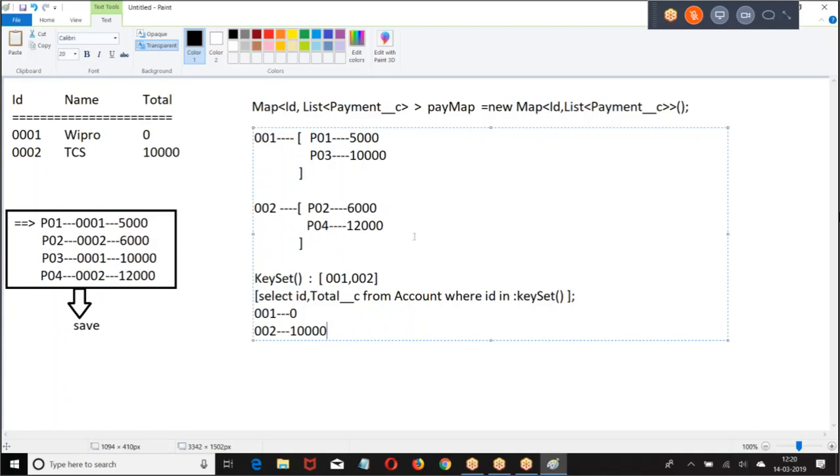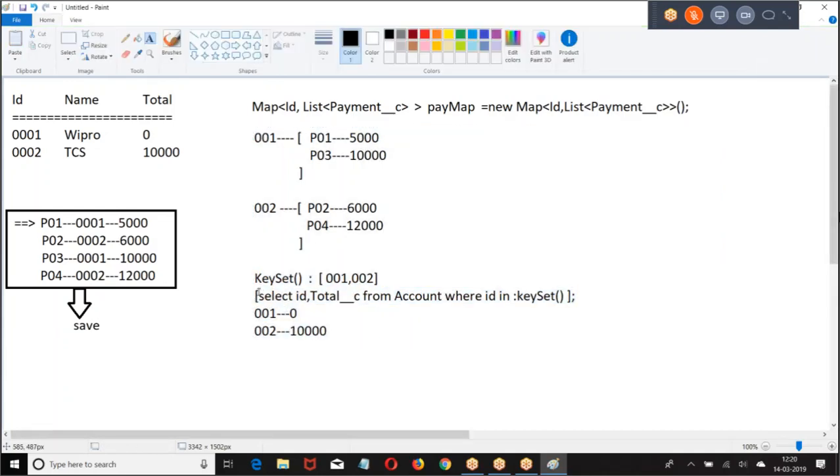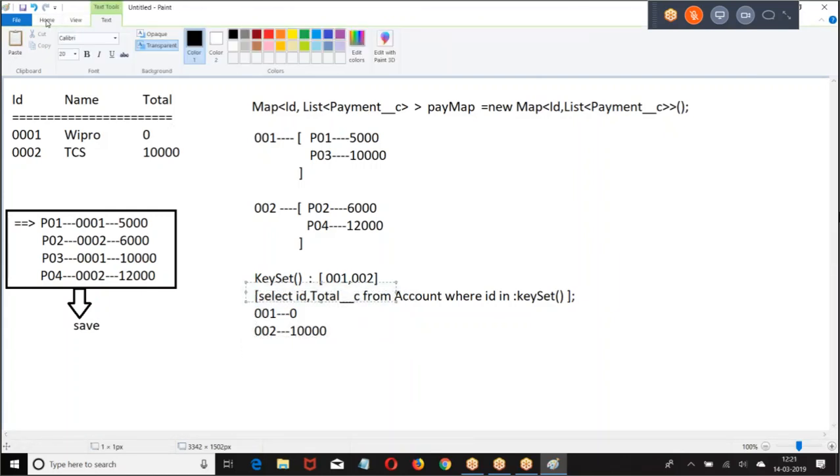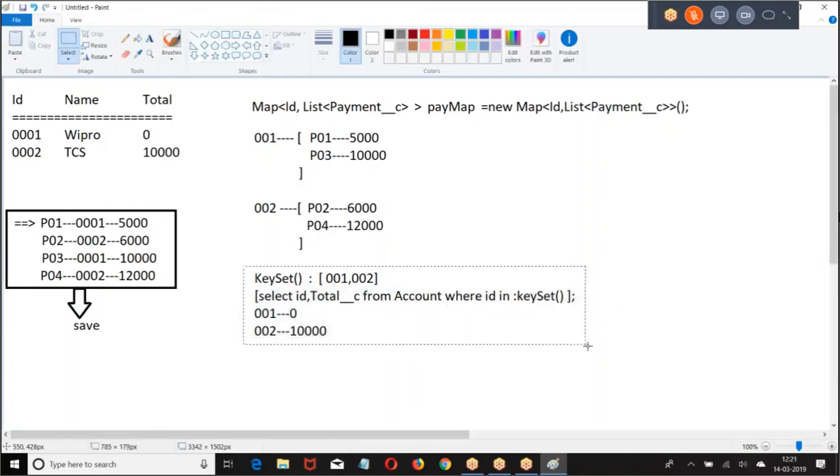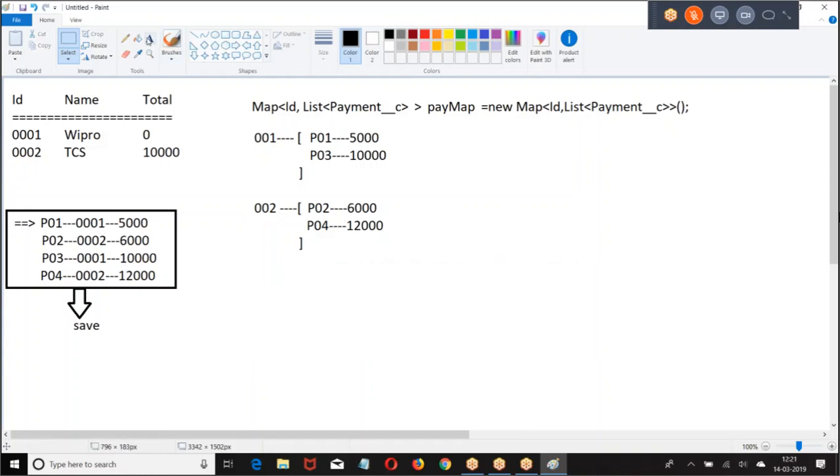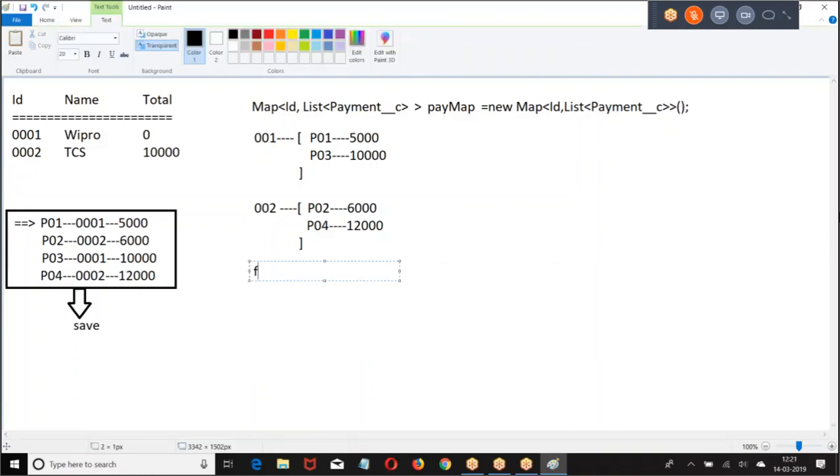Right. Then I told group this value. Okay. Let me pull it here. Then I told take this map for ID key set. When you say key set, what do we get?